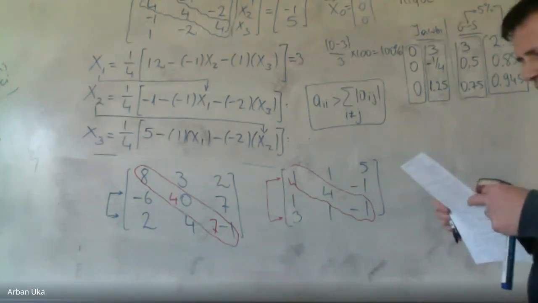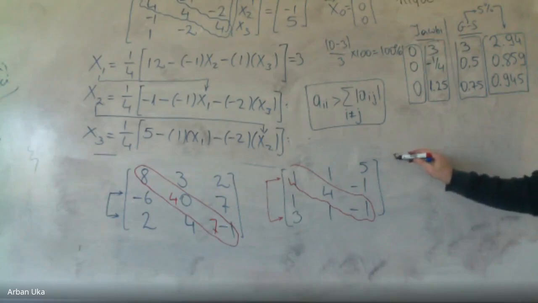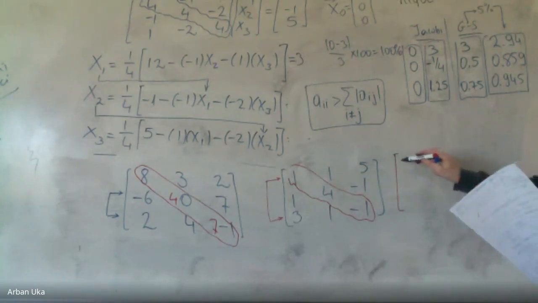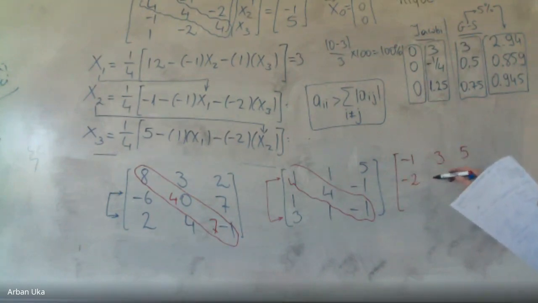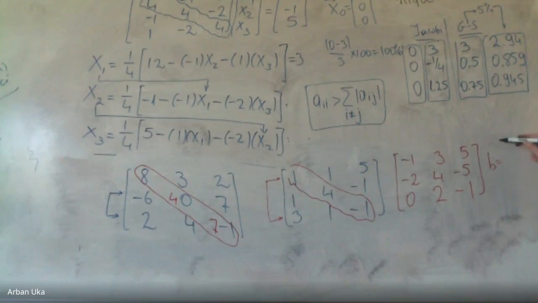Actually, think also about this matrix here. -1, 3, 5, -2, 4, -5, 0, 2, -1. So let's assume that we have this matrix and the B is equal to, I think